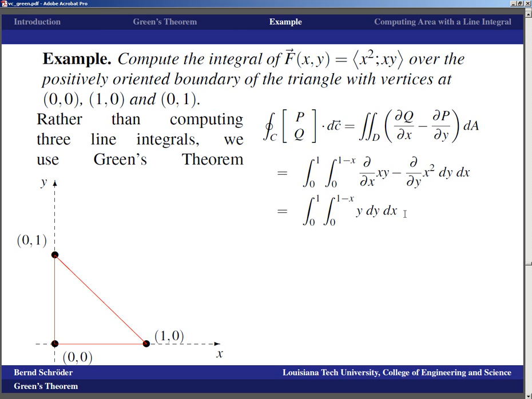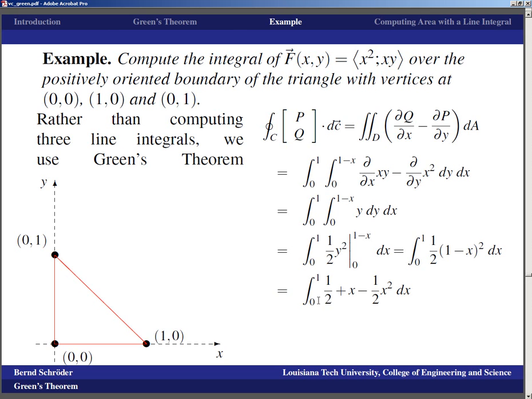Well, that's easy to work out, because that's the integral from 0 to 1 of 1/2 y squared from 0 to 1 minus x, which is the integral from 0 to 1 of 1/2 times (1 minus x) squared, which is the integral from 0 to 1 of 1/2 times (1 minus 2x plus x squared), which ends up being, hey,